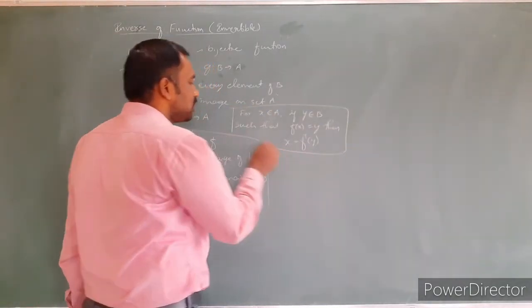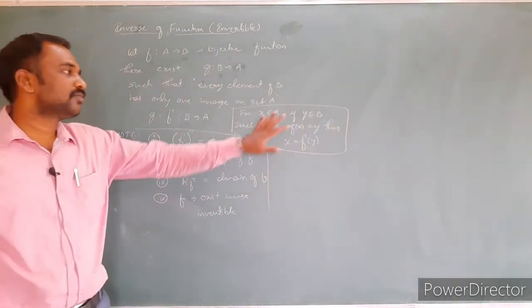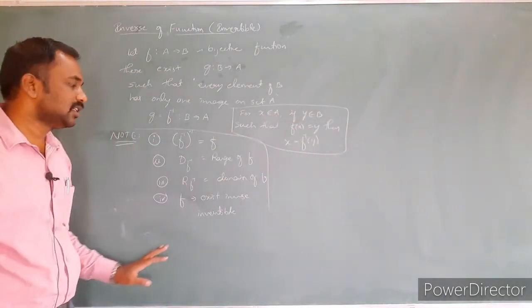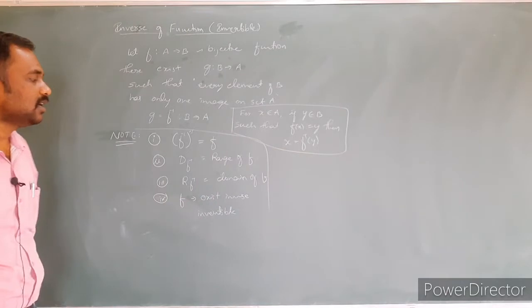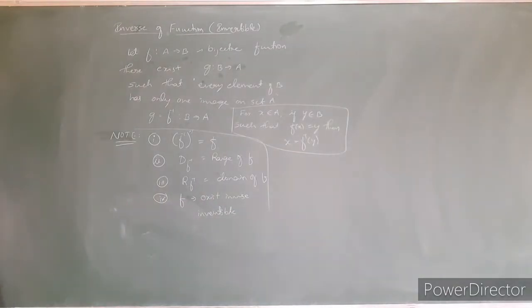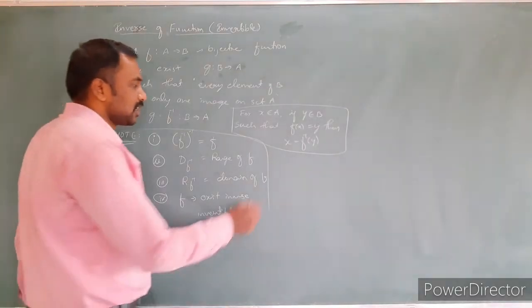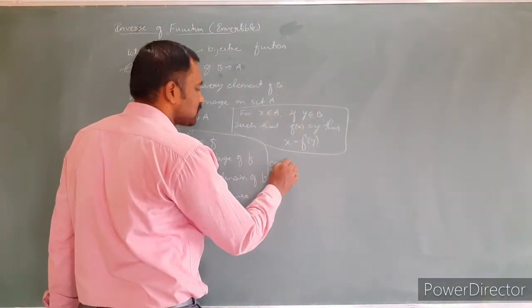Very important point, you must remember this, because they will very likely ask a question on it. That's why you should remember the condition. And these four: the inverse of the inverse function is again the original function, and the invertible function. And here one more definition is there. What is that one more definition?